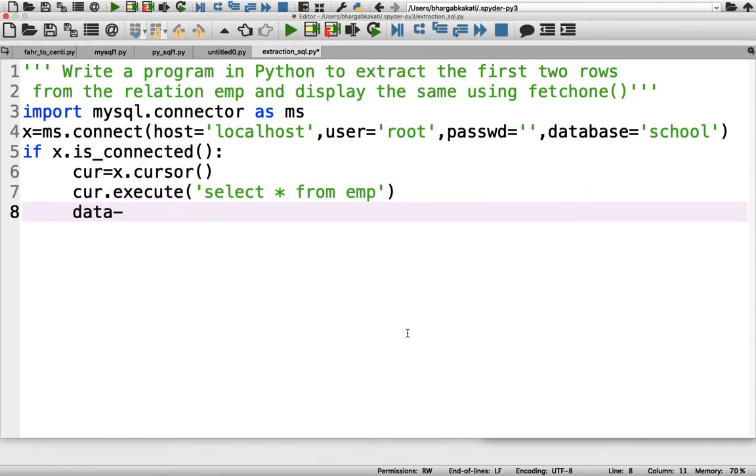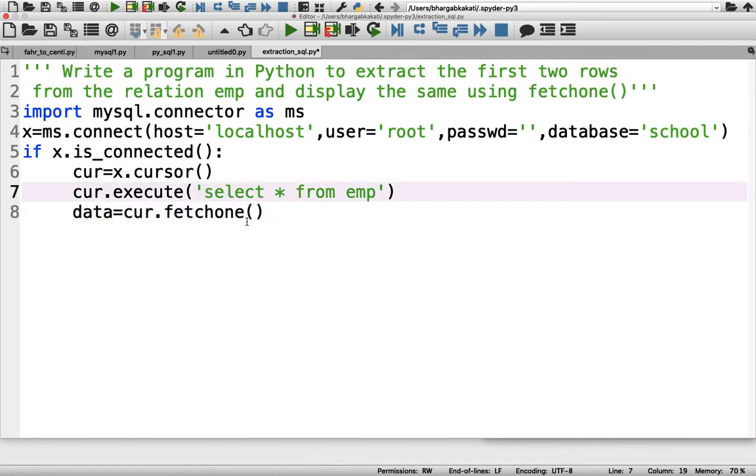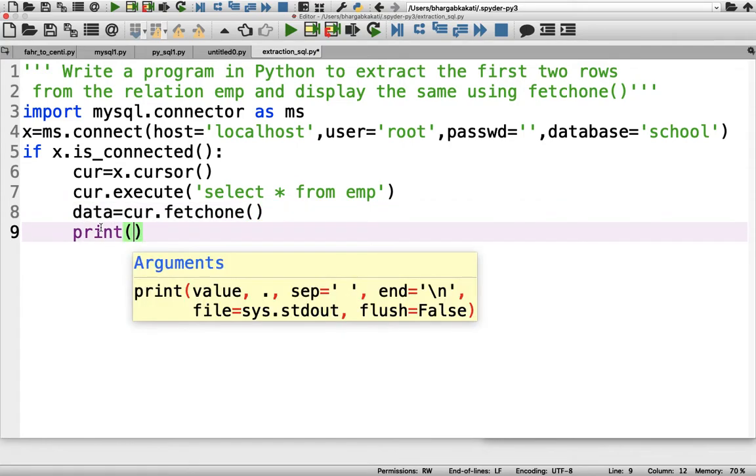Data is a variable, and the cursor is your CUR, so cursor object dot fetchone. Now it will fetch the first record from the MySQL database and store it in the variable data. Now how do we know that we are getting the first row? For that we have to display it, which we can do with the help of the print function.